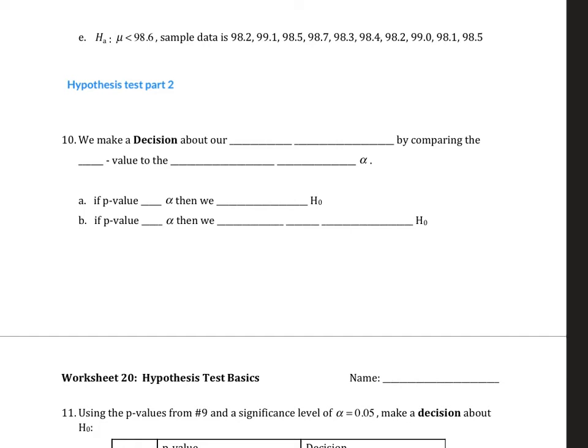Okay, this is part 2 of hypothesis test. Last time we talked about getting a p-value. Basically what we're trying to do with p-value is see if our sample is unusual. So according to the rare event rule, if we have an unusual event, then what we're going to do is we're